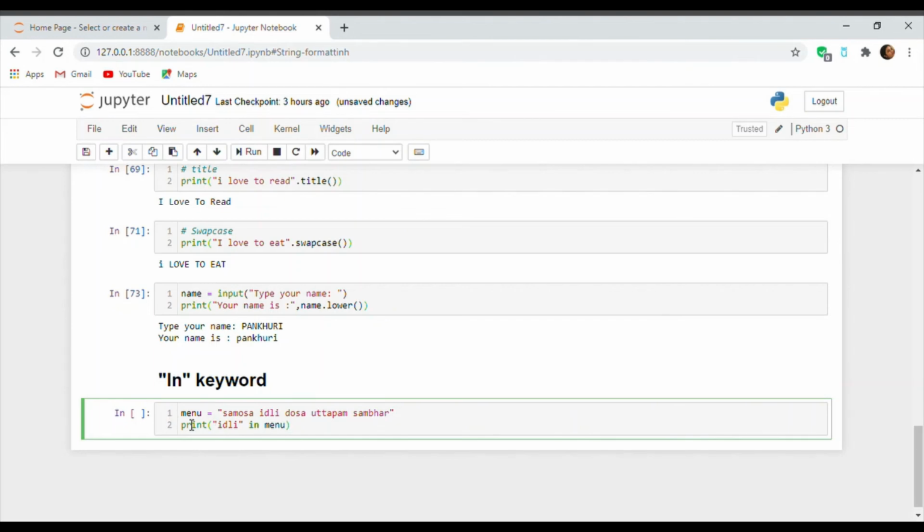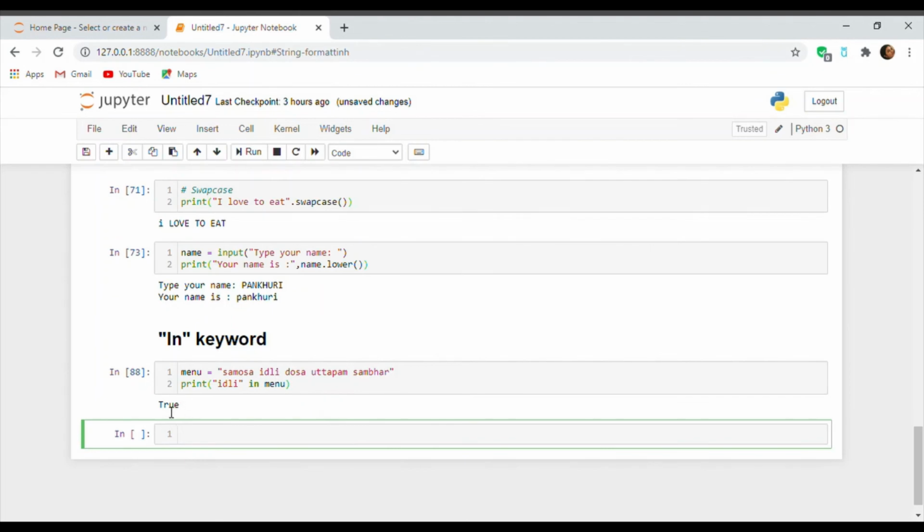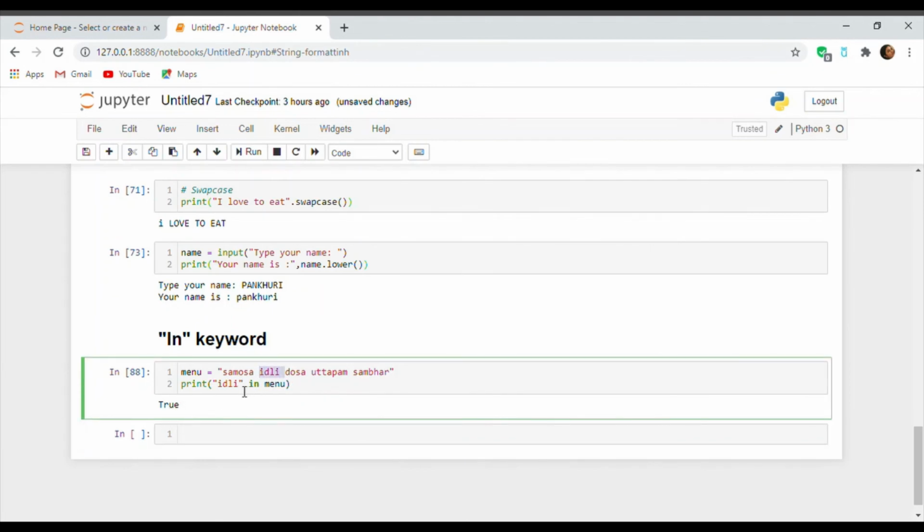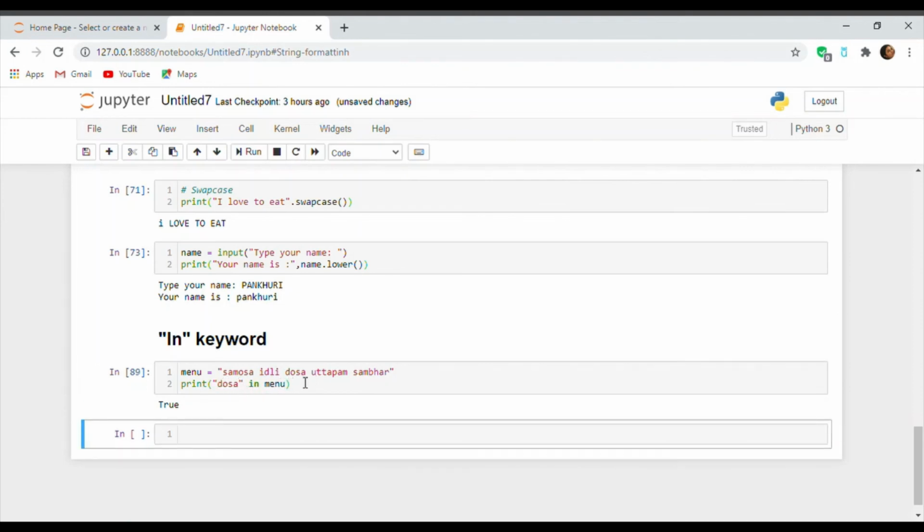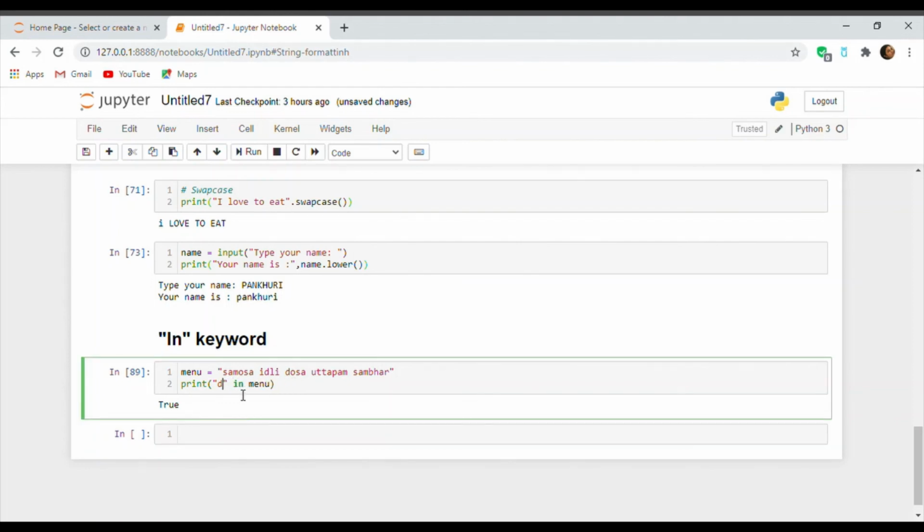I have a variable called menu and it contains a list of food items, and I just want to check if this food item idli is present in menu or not. So we are getting the result as true. So idli is present in this food item. So dosa is also present in the food item.